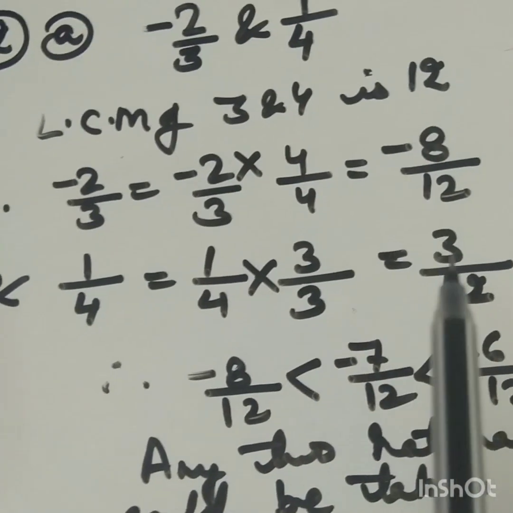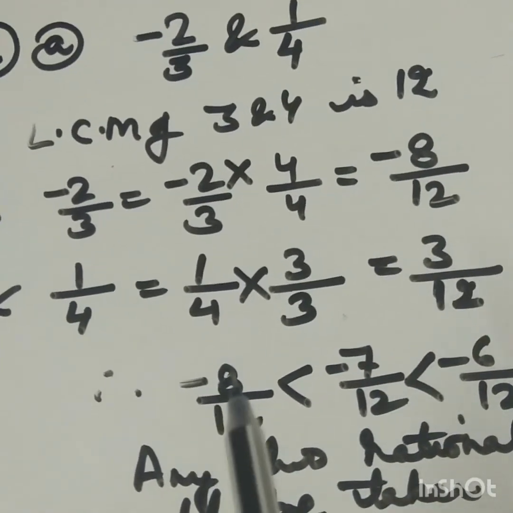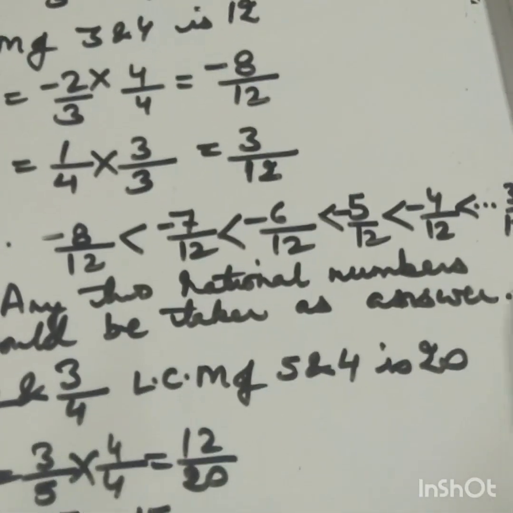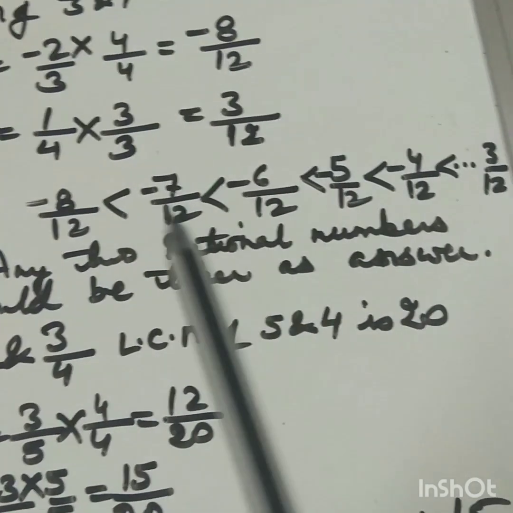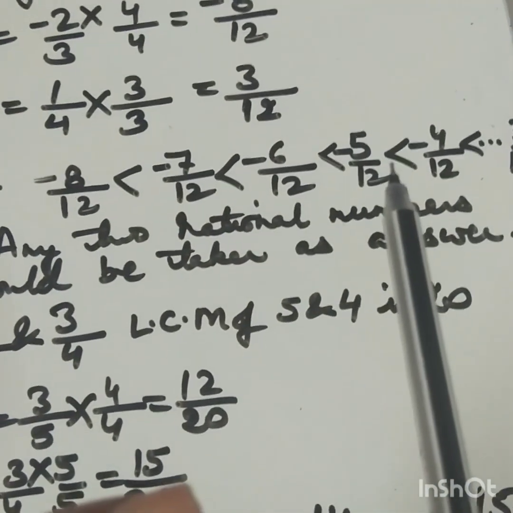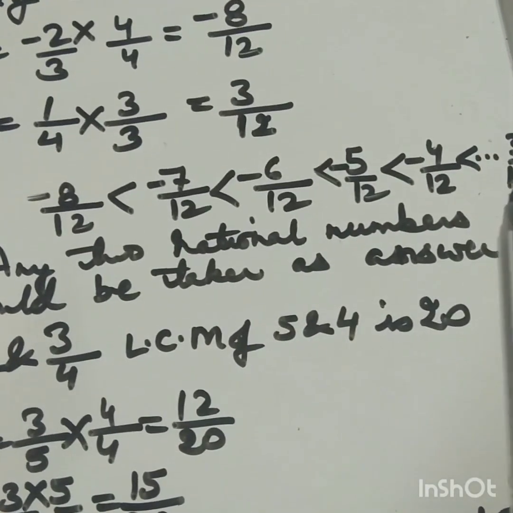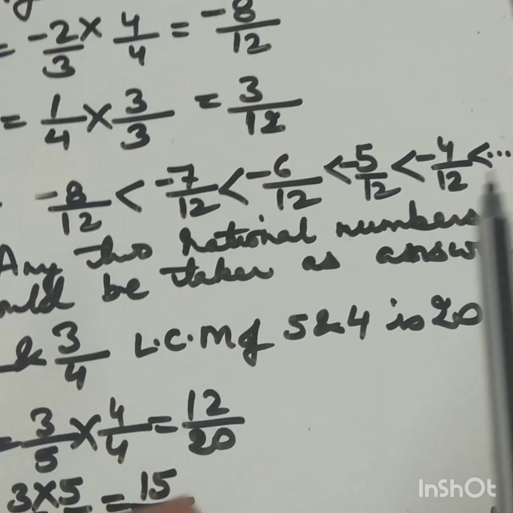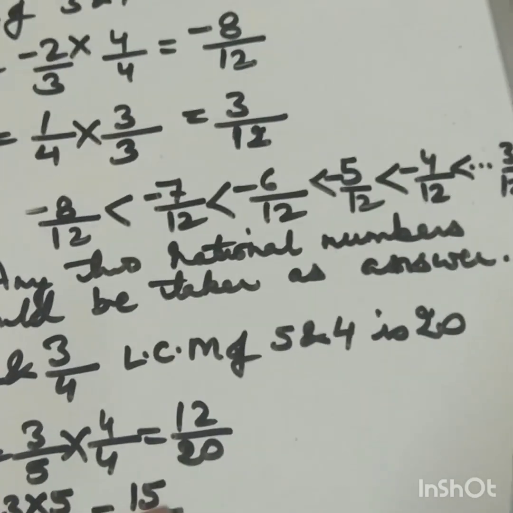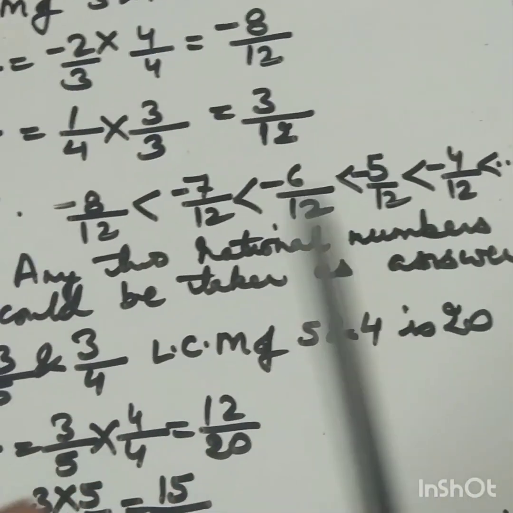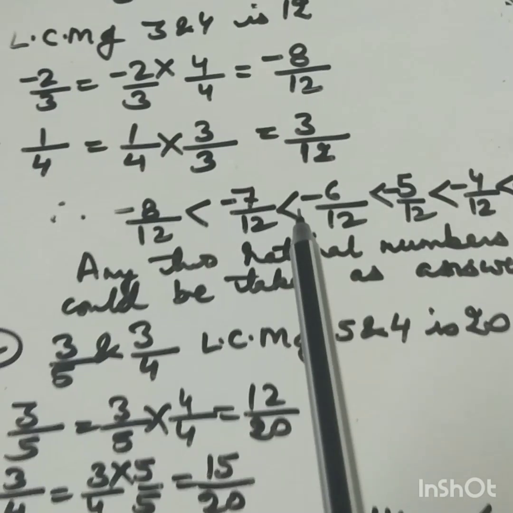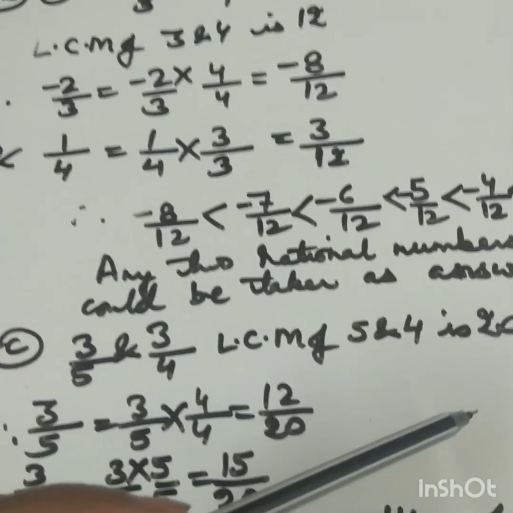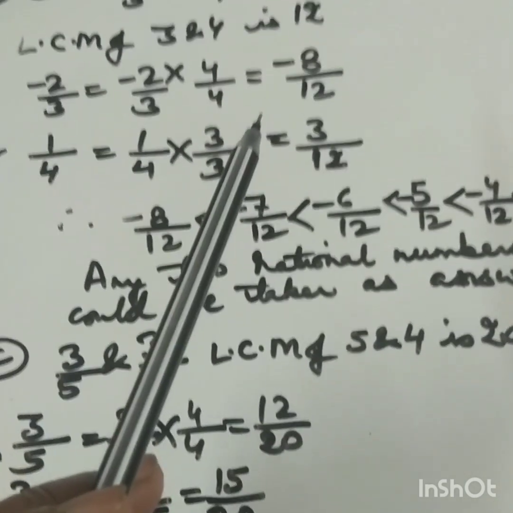Now they have become like fractions, and minus 8 by 12 to minus 7 by 12, minus 6 by 12, all these numbers will be lying in between them, and hence up to 3 by 12 you will be getting so many rational numbers. So any two could be taken as the rational numbers which will be lying in between minus 2 by 3